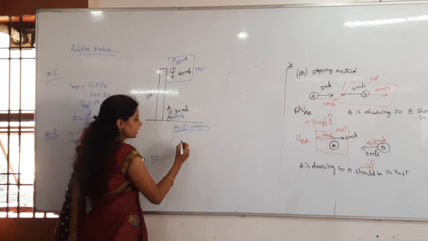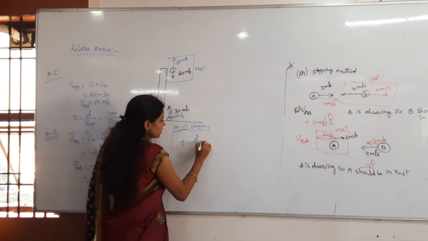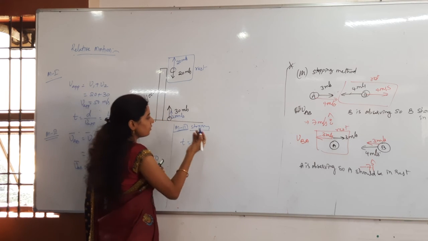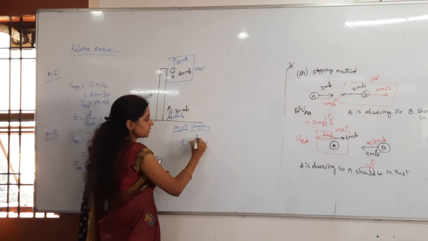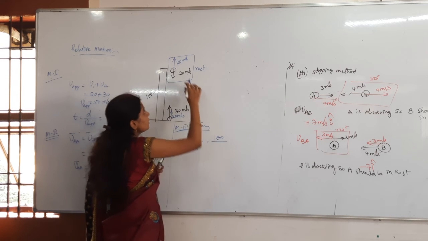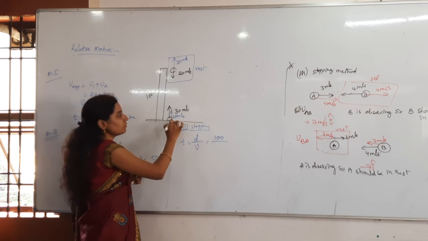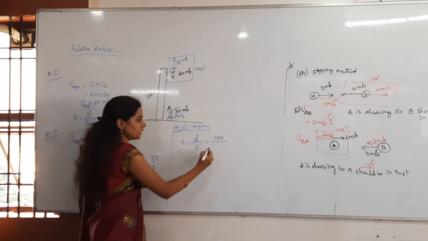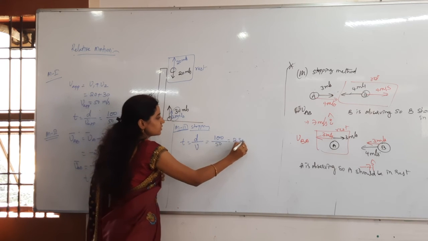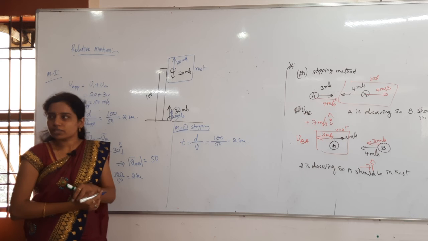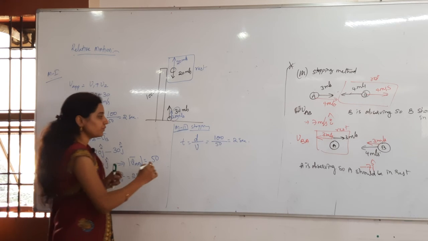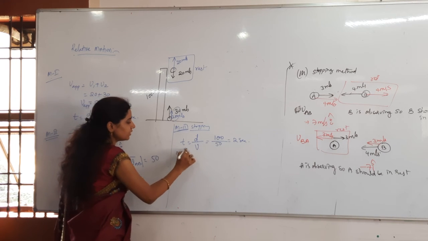Time is equal to distance by total velocity of B. So what is the distance? 100. A is at rest already. B is moving with what velocity? 50 meters per second. Then 2 seconds is the answer. Clear? Otherwise, if you want to follow the motion under gravity method,